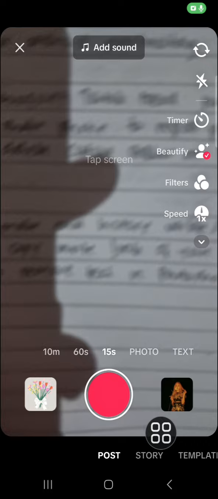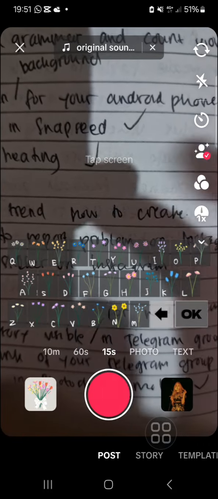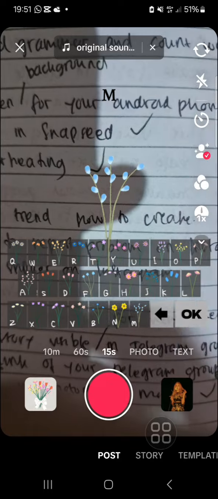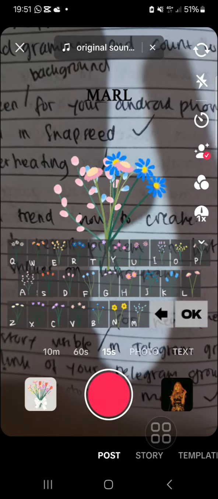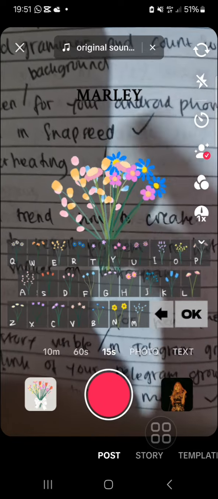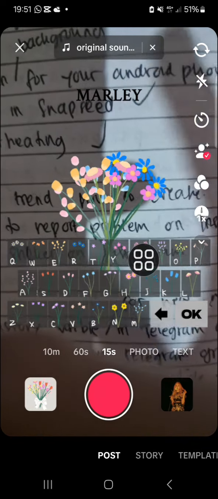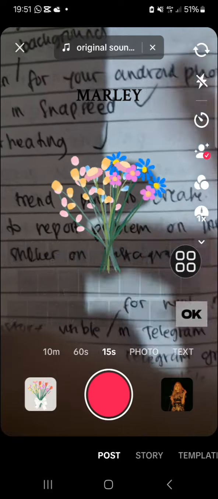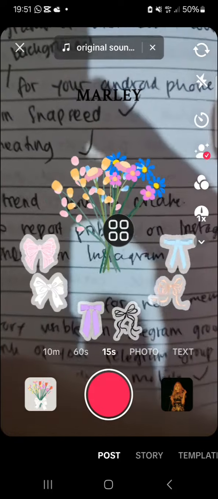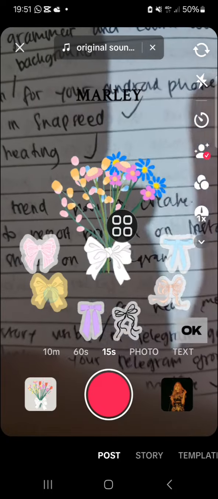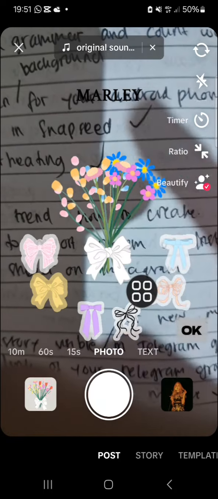Okay, and you can type in anything you want guys. For example, you can type your name, and here I'm just going to type this one. Okay, then once we're done typing something with this effect, we can click on OK, and then you can choose the ribbon for your flower bouquet. I'm just going to select this ribbon, and then I'm going to select photo right here, and we can click